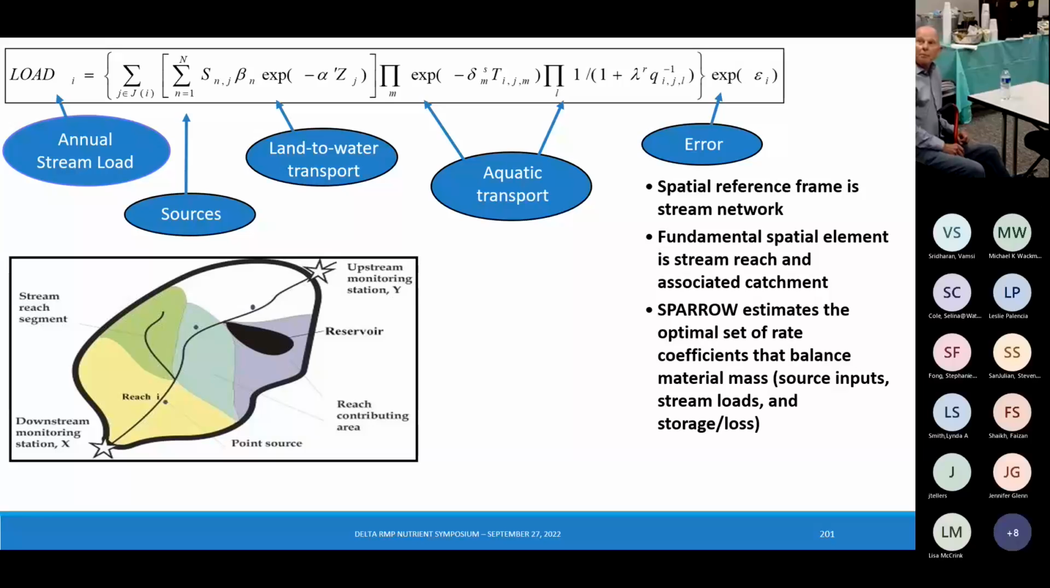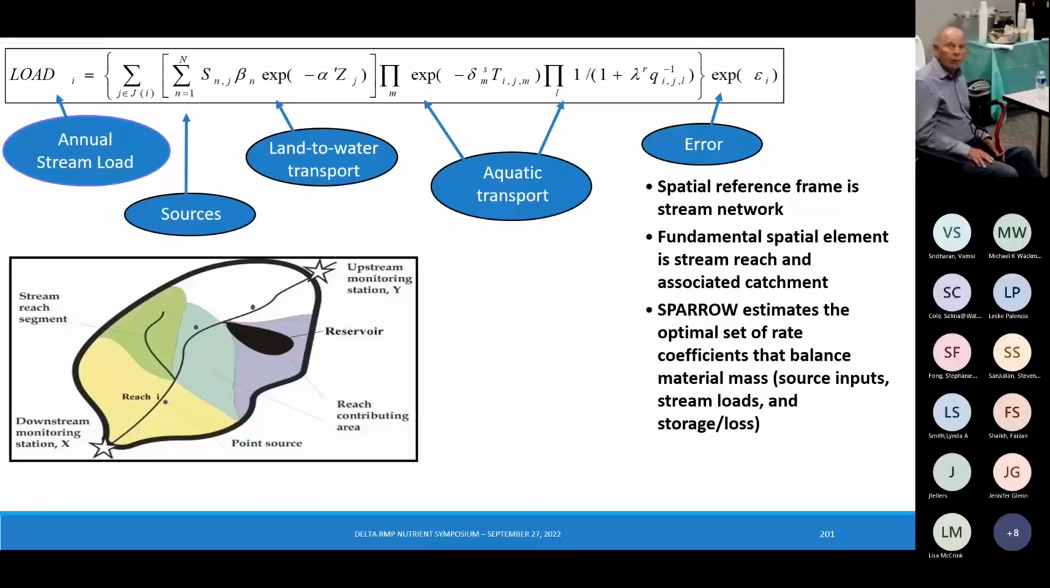So the spatial reference is a stream network. I'll show some examples of that. And then the spatial element is something we call a stream reach and associated catchment. We want to be able to follow this down from headwater streams, first order streams, all the way down to estuaries, and then develop an optimal set of rate coefficients that balance the material mass, source inputs, stream loads,